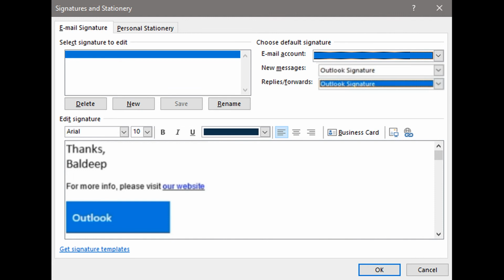And that's as simple as it is creating a signature in Microsoft Outlook, but also if you need to tweak it later on. So the tip of the day is create it in the email, format it how you want it formatted, copy the text, either press Ctrl+C or right click copy, go into signatures, edit your signature,